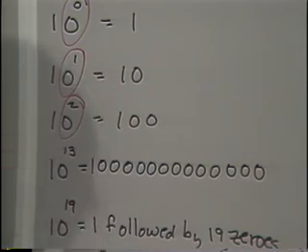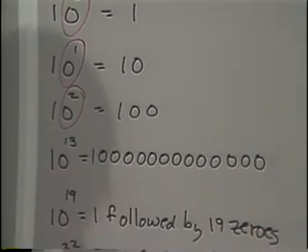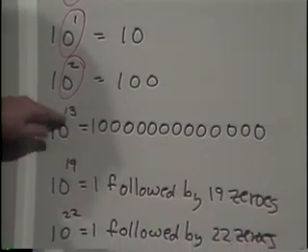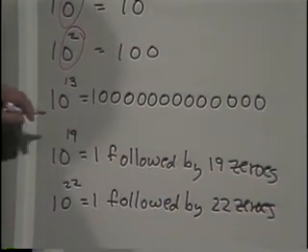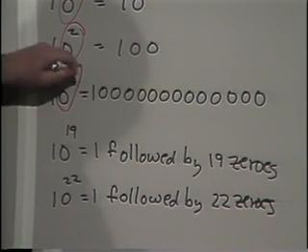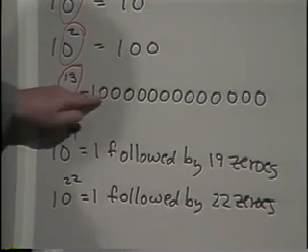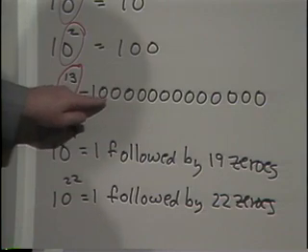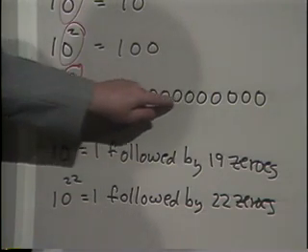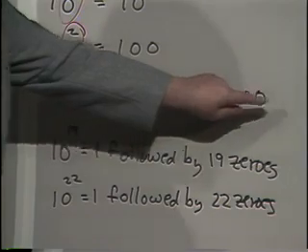Now we get into the heavy stuff. Remember we said the zeros were hard to keep track of? See, how would you read this number? It's 10 to the 13th power. That means what? A 1 followed by 13 zeros. So you put down the 1, put down 13 zeros. 1, 2, 3, 4, 5, 6, 7, 8, 9, 10, 11, 12, 13.